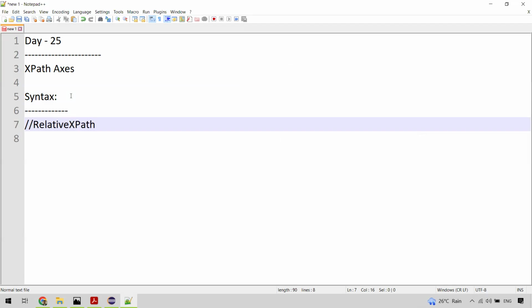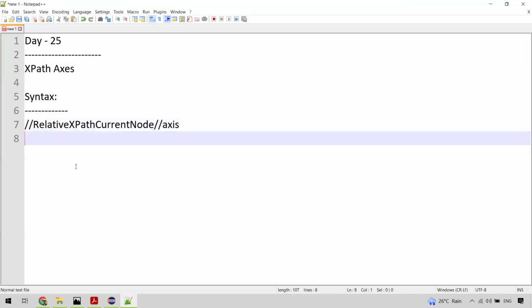Relative XPath of current node. We will see what I mean by current node. Current node and then axis. Axis is, we have different XPath axes. We have multiple XPath axes, like